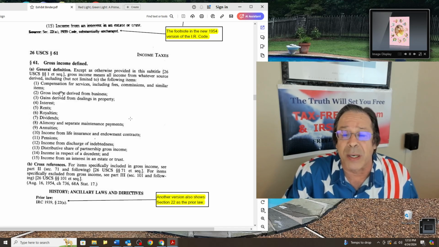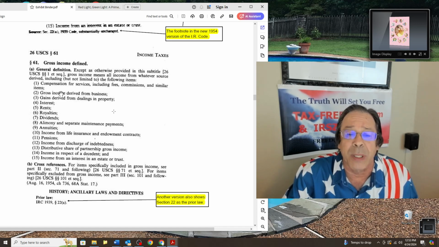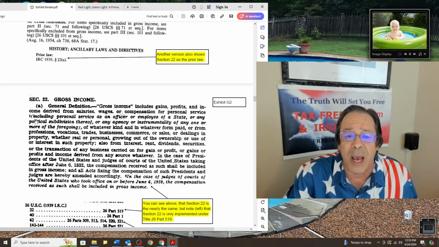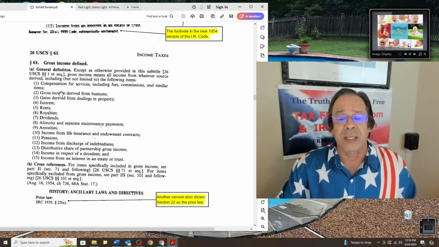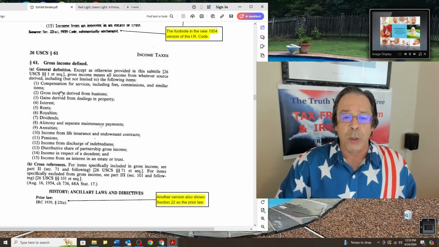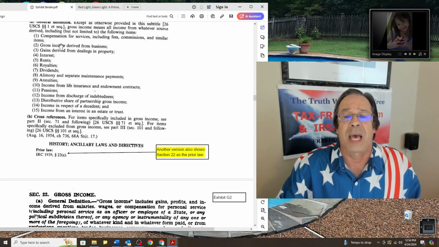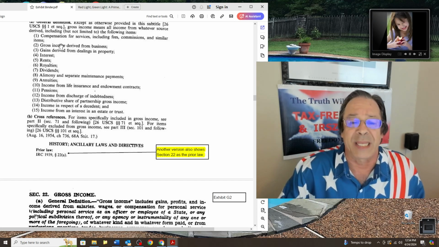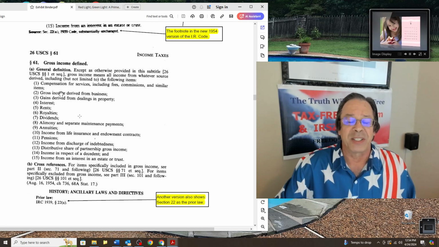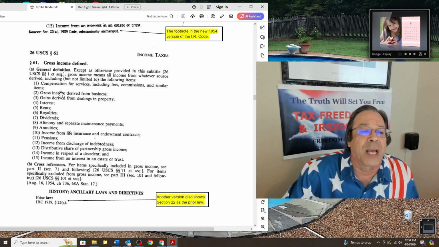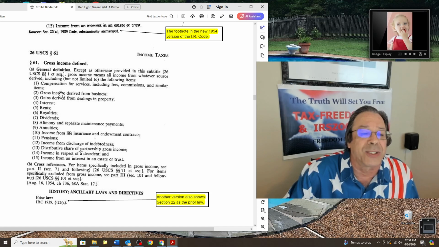It's still there, but it no longer has any legal applicable effect that can be applied or enforced because the original legislation expired and Congress never reenacted it or gave it greater applicability than it was originally given. Of course not. They would never want to call attention to the fact they've been taxing you as though you were an American working in Canada by deceiving you about the nature of gross income, because that's the only way they can get to interest, rents, royalties, dividends, alimony, annuities, life insurance, pensions, indebtedness, distributor shares.